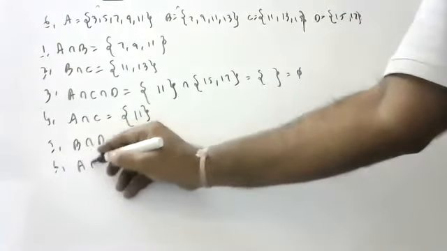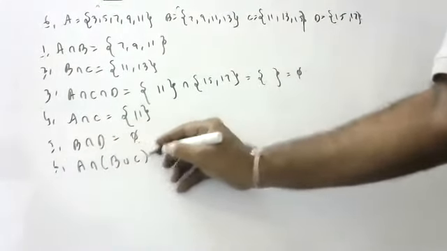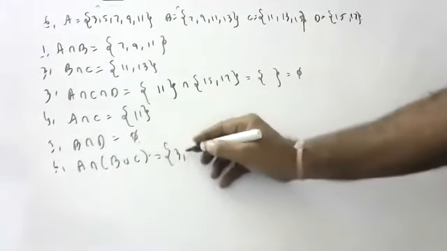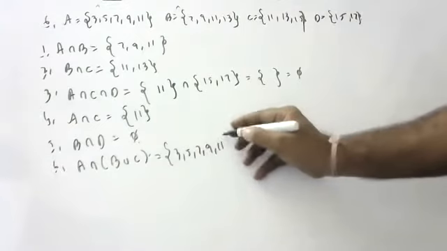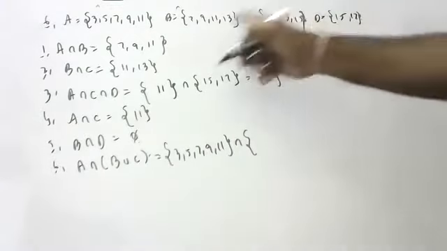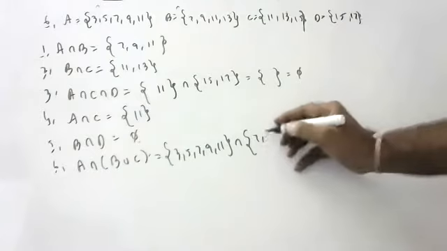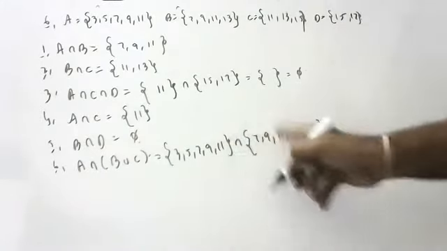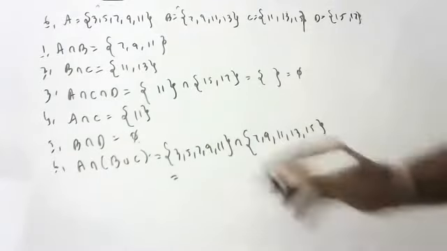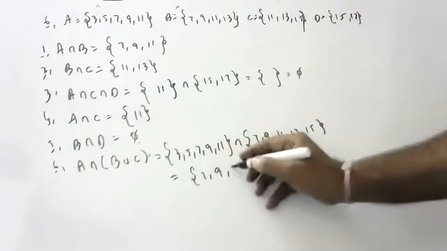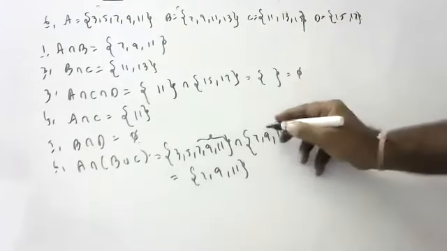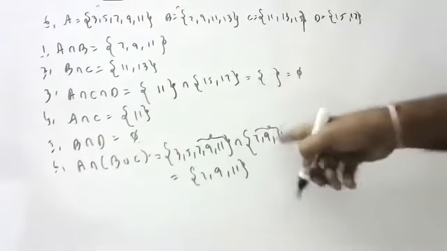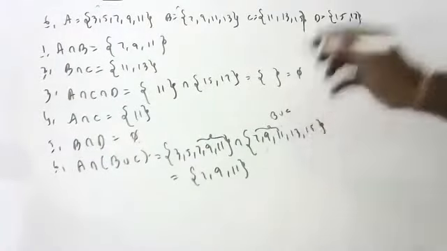Next, what is A intersection B union C? First, tell me what are the elements of A? {3, 5, 7, 9, 11}. Intersection. What is B union C, children? {7, 9, 11, 13, 15}. Now, can anyone tell what is the intersection? {7, 9, 11}. Intersection is common elements only, you should take, children. So first I took A, then I took B union C directly. Like this you can do if you don't want to get confused.